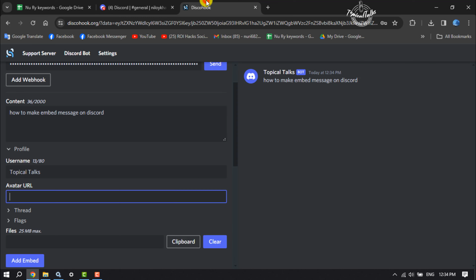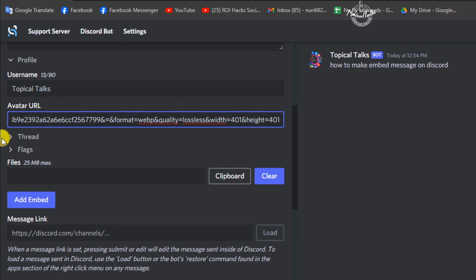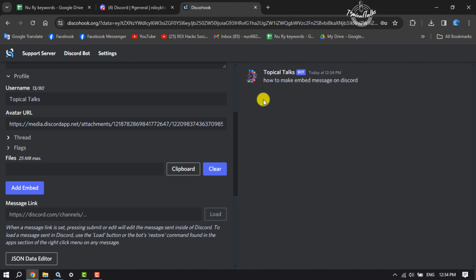Now go back to Discohook. In this avatar URL box, paste your image URL, and here you will see your image has been uploaded as avatar. Now you can add a thread by clicking here, and now it's time to embed a message. So click on add embed,